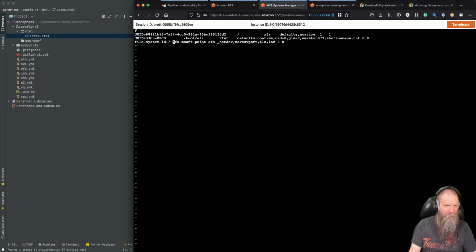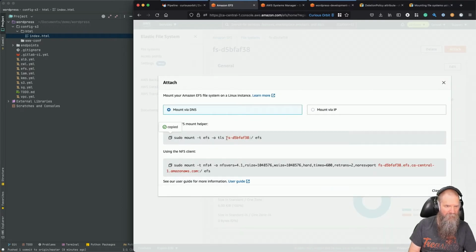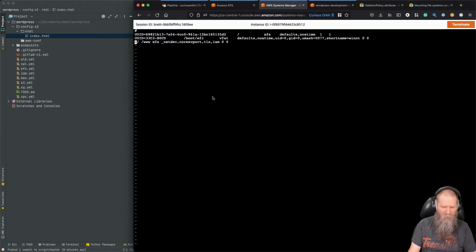So we can just go in here and go, our mount point is /www. And then this here is our file system ID, which is that. And that, I think,